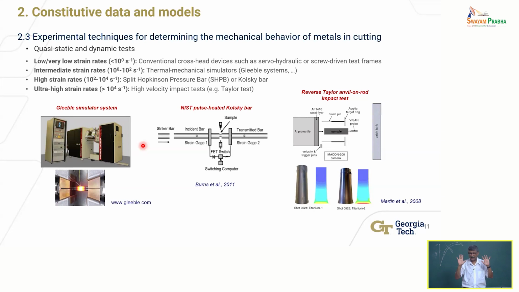Wrap your head around it and say, okay, I think I understand what it's like, a regression model in some sense, right? Well, let's limit ourselves to that as a way to describe the material behavior, the stress-strain behavior of the material. But keep in mind, as I said, in machining, the material is being subjected to very large strains, very large strain rates, and very high temperatures. So I need specialized testing methods to actually get data that is representative of what the material is being subjected to, okay? Otherwise, that model is useless. It doesn't describe what is happening to the material. So there are many ways to do this, okay?